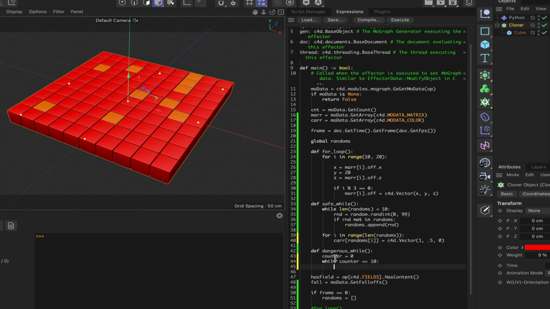Now, this protocol is, of course, a little bit back to front with what you're used to, because this is a local variable, technically, that belongs to while, and yet it's not inside while, but this is the protocol for doing it. So while the counter is less than 10, we can then say if counter is equal to 5,